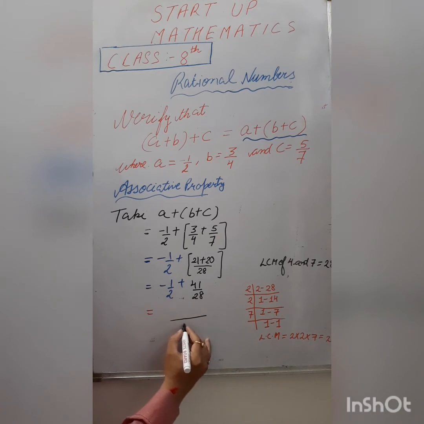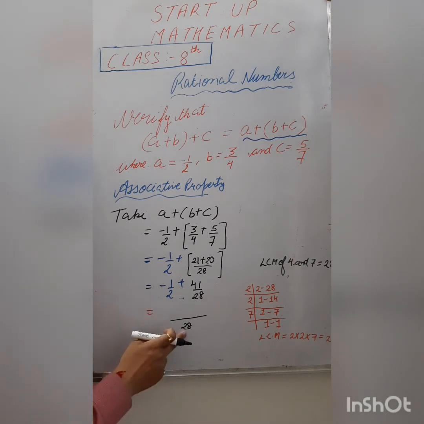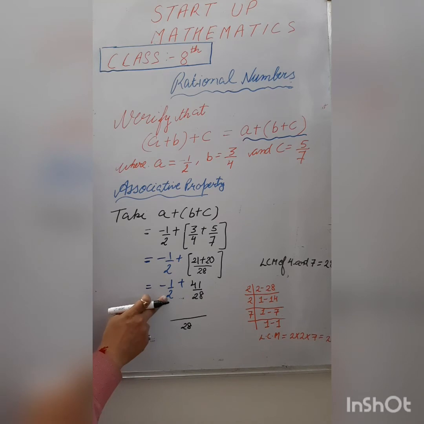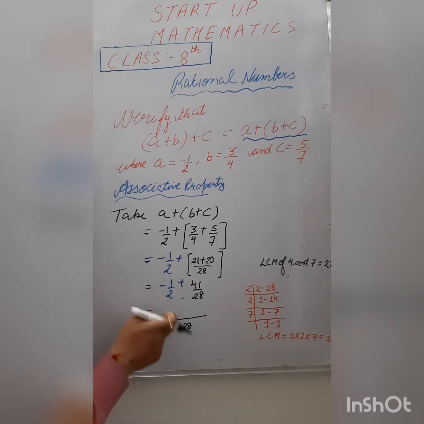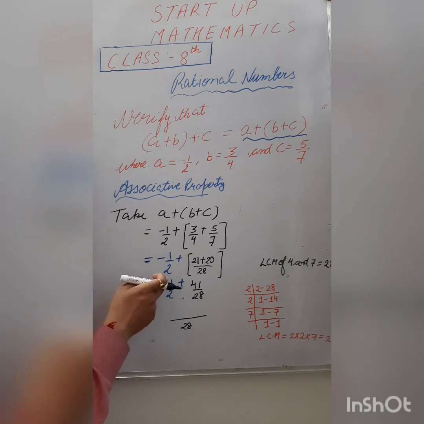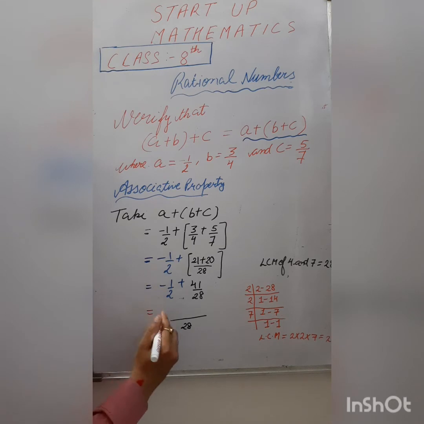The LCM of 2 and 28 is 28. Write 28 as the denominator. Now divide the denominator by 2, the quotient is 14, and 14 is to be multiplied with -1. इन दोनों को जो क्वोशंट मिलेगा उसको हमने न्यूमरेटर से मल्टीप्लाई करना है, and in the numerator part the number is -1, so it will become